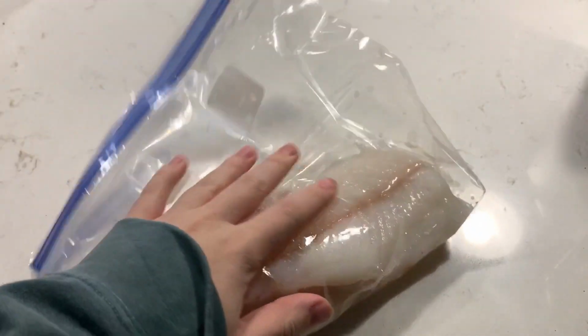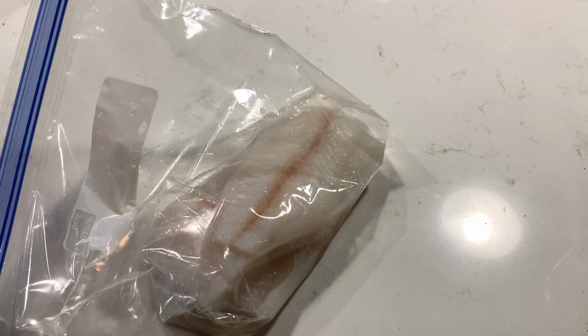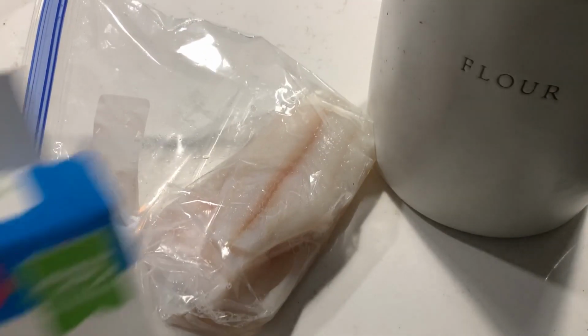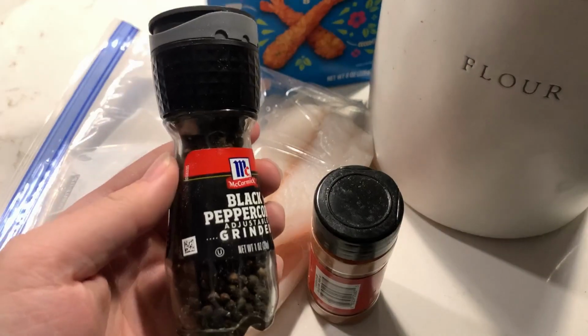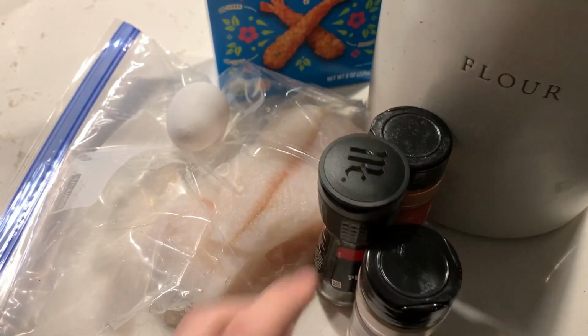For this recipe, you will of course need about a pound or so of fish. Traditionally, fish and chips is made with cod, but any other white fish should work fine as a substitute. For the breading, you will need a half cup or so of all-purpose flour, a half cup or so of breadcrumbs, 1 egg, 1 tablespoon of paprika, a quarter teaspoon of black pepper, 1 teaspoon of garlic powder, and half